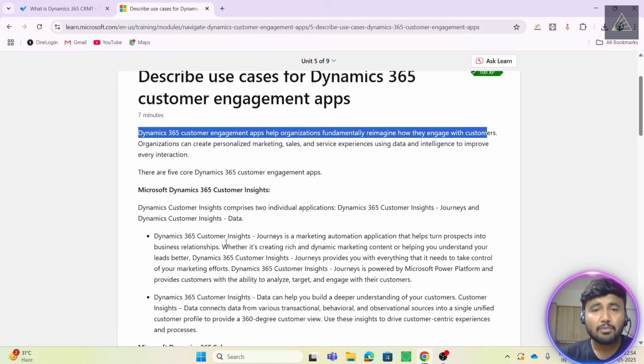Organizations can create personalized marketing, sales, and service experiences using data and intelligence to improve every interaction. So Dynamics 365 includes a lot of automation tools which help you to automate the relationship between your customers, right? For example, if you want to automate the process of sending emails to the customers when they perform some